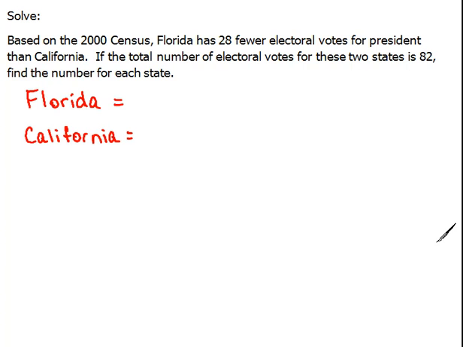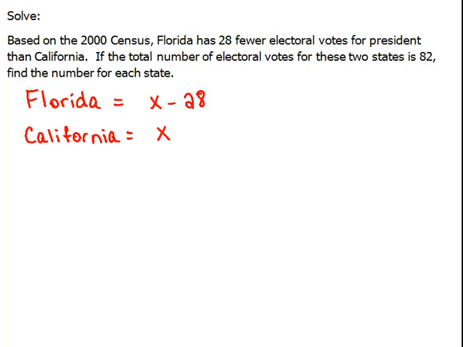So when I'm reading through this problem again, I'm saying, Florida has 28 fewer electoral votes for president than California does. So if I could just figure out how many California had, then I could find Florida's pretty easily. Once you've realized that, then you know what to let be x. So I'm going to let California be my unknown amount. And I know that Florida has 28 fewer than California. So whatever California turns out to be, I can take 28 away from that